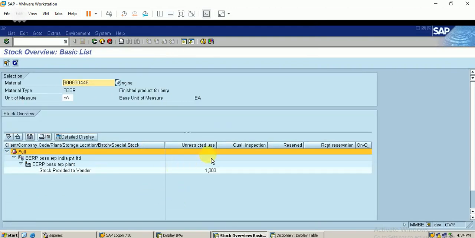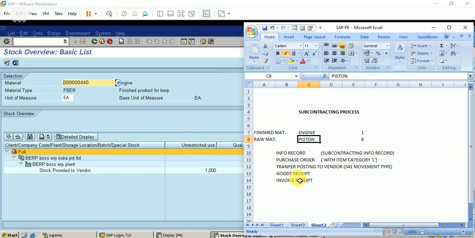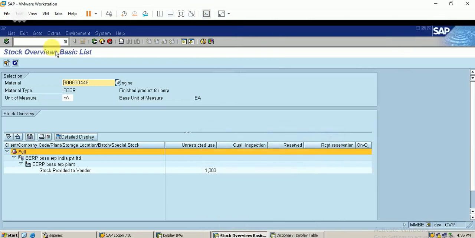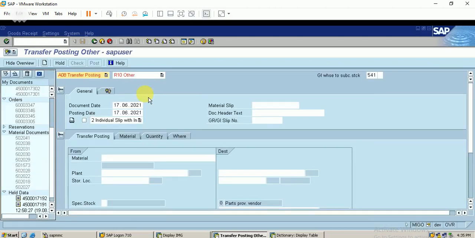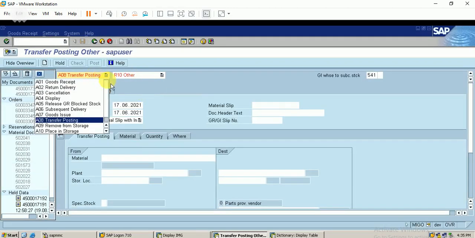Okay, you can see that the stock of engine is also provided to the vendor. So now I can go for the goods receipt. The stock of both of these are given to the vendor, and now we will post the goods receipt. Just go for MIGO. It is a normal goods receipt